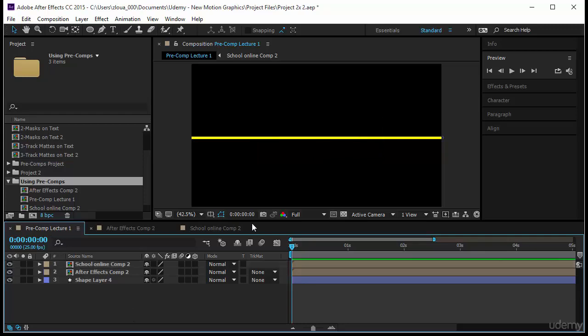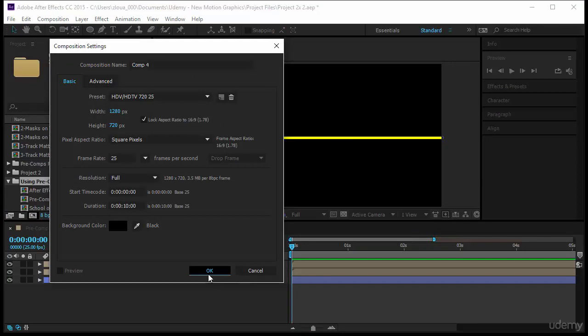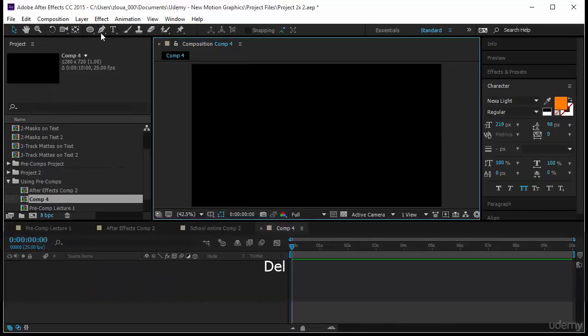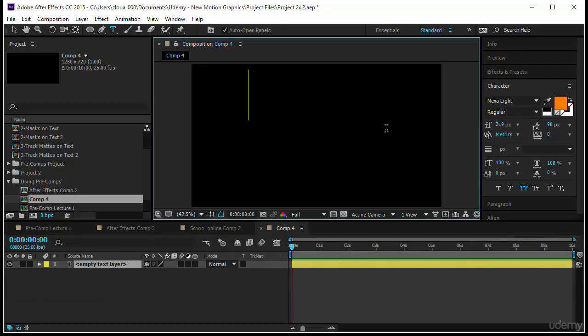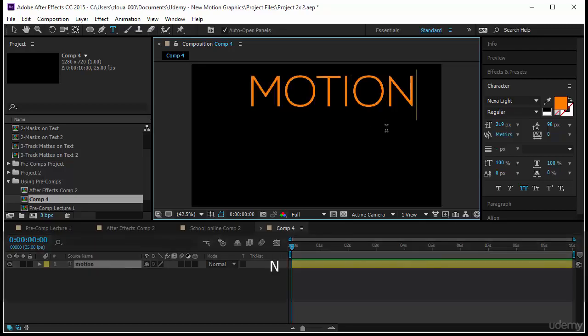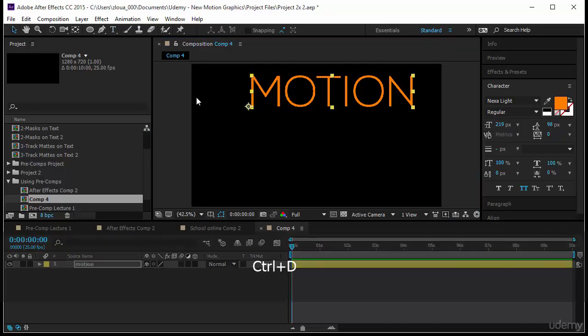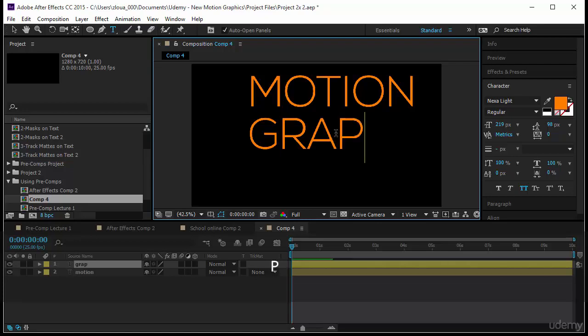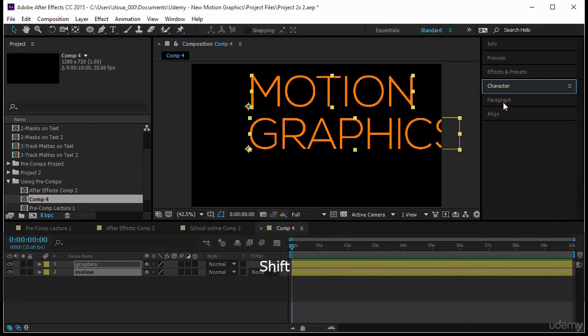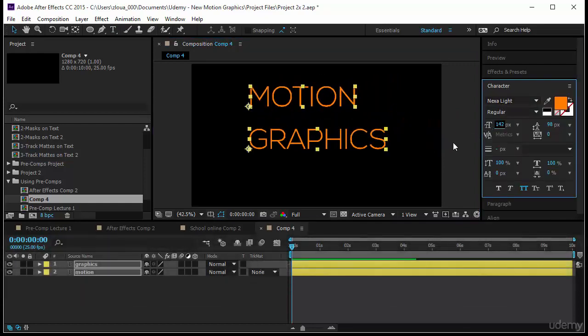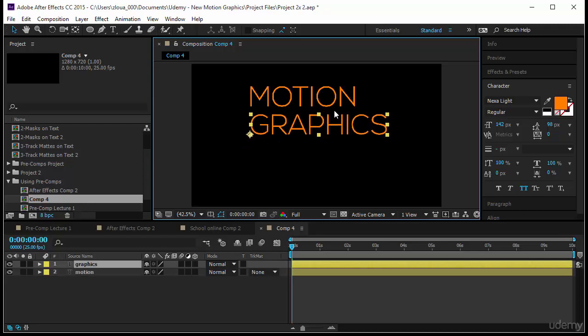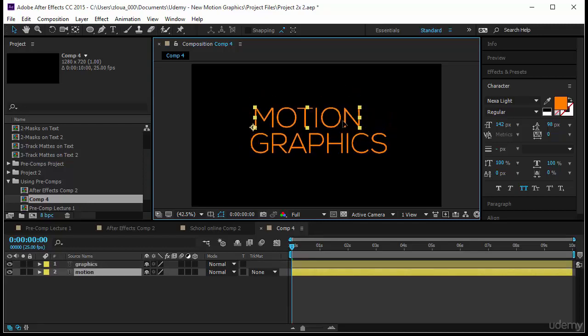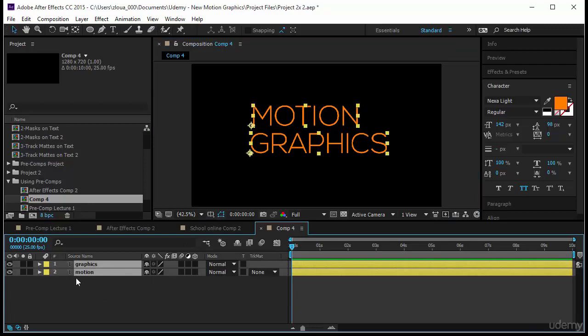Let's complicate things. Let's create a new composition, whatever we call it, comp 4. Let's take new text, for example, motion, and we take another one, duplicate that one, take it down, we say graphics. Cool. Take both text and make them smaller. We go to character, let's make them smaller, let's put them together, and here I will pre-compose now using both